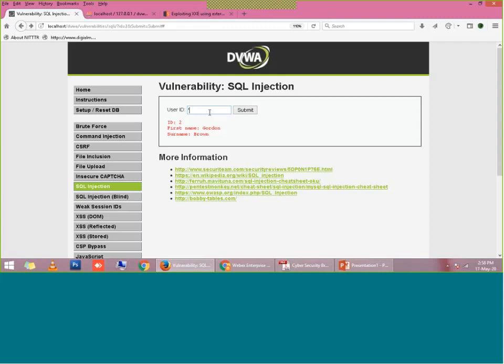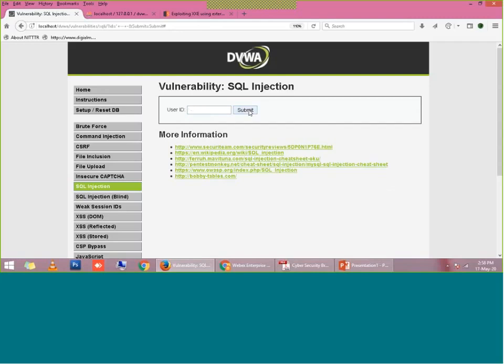So what I have to do next is balance this query by putting in a comment. In an SQL query, to make something a comment, we use double dash, space, single dash, right? You can note it down: to balance or comment any query or part of a query, we use double dash space single dash. When we put this and submit, it is not giving any error. It means this site is now in our command and we can play with SQL injection.